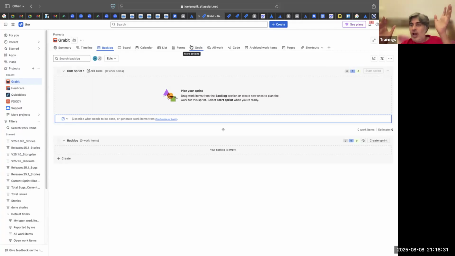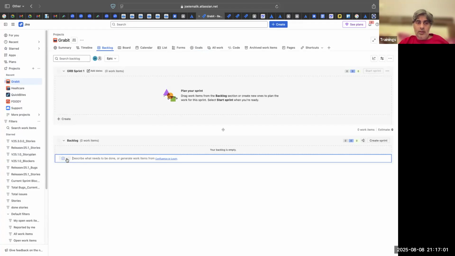How many features will you have in your application? Typically in any release, you will target 2, 3, 4 epics depending on the complexity. Every product has features, and all those features are normally translated into epics. It could be called a feature also in Jira, but typically I am using a configuration where I am calling a feature an epic. So I'm going to create,